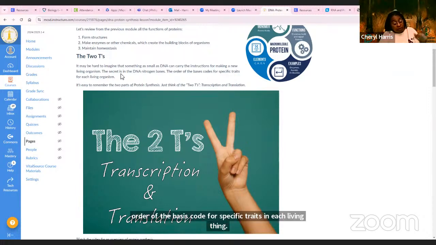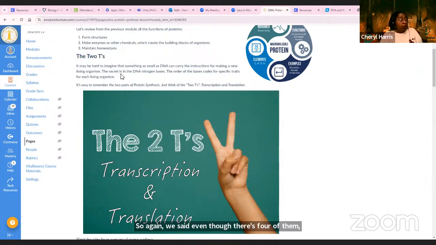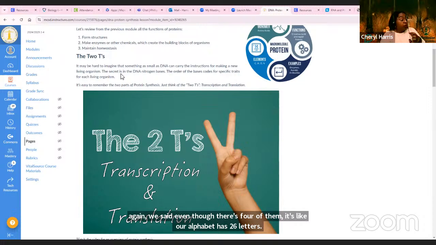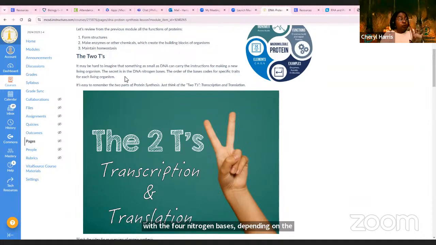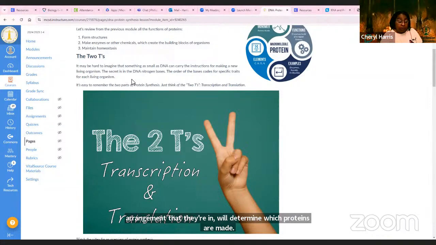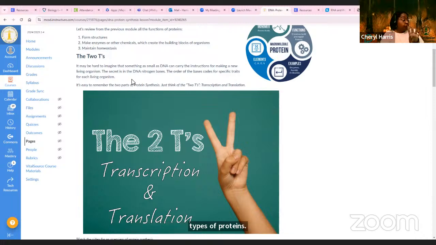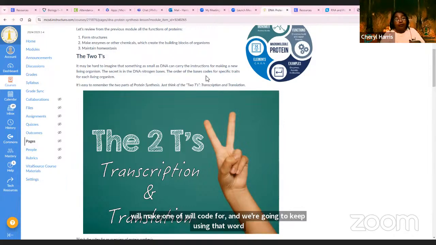So again, even though there's 4 of them, it's like our alphabet has 26 letters. Depending on how we arrange the letters will determine the word that we make. With the 4 nitrogen bases, depending on the arrangement that they're in, will determine which proteins are made. And then we're going to find out that there's only 20 types of proteins. Okay, so those 4 bases will code for, and we're going to keep using that word code for,